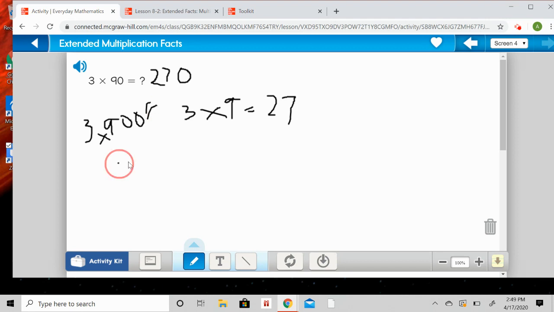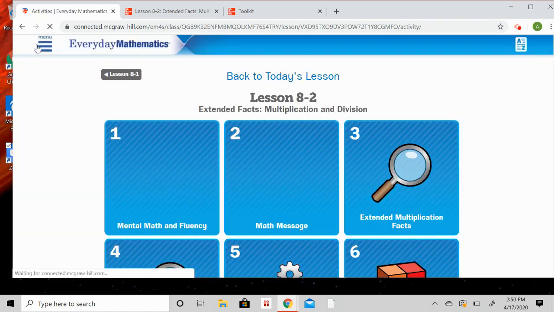It would equal 2,700. Because again, the basic fact to help us is 3 times 9 equals 27. It helps us with 3 times 90, 3 times 900, all of those. What you're going to do now is hit your back arrow, go back to the main screen,